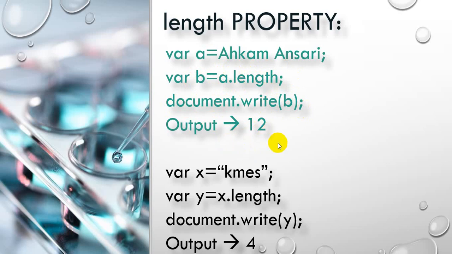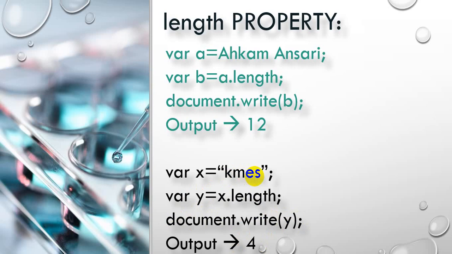In the same way I have given one more example, var x. I have declared a variable in which I have stored some value, that is kms. Right now we don't have any spaces, so the number of characters is 4. So if you write x.length, it will calculate the length of this value which is stored inside variable x, and after evaluation, it will store the result inside variable y. Then you have written document.write(y), so it will display the length of this kms. So right now you will get the answer as 4, because we have 4 characters only. Okay, so this thing we are going to learn by using a practical, by using coding.